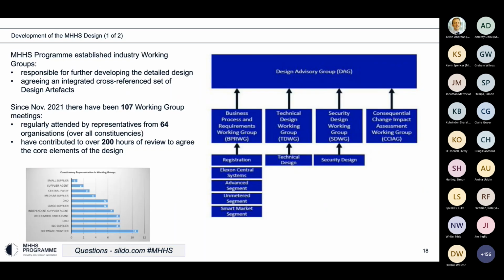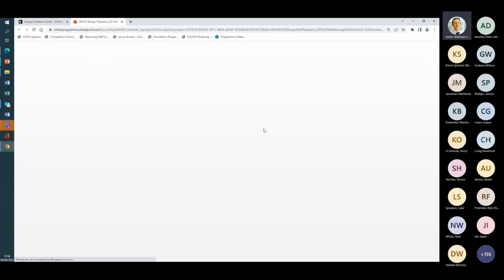How have we done that with industry? Because this has been an industry-led change. Previously, all major changes to industry have been led by the regulator, Ofgem. This is the first time that Ofgem has given the baton back to industry to say, you're the design experts, you are the program experts, you go on and deliver this. And what we've done from a design perspective is set up a number of working groups, expert groups, to